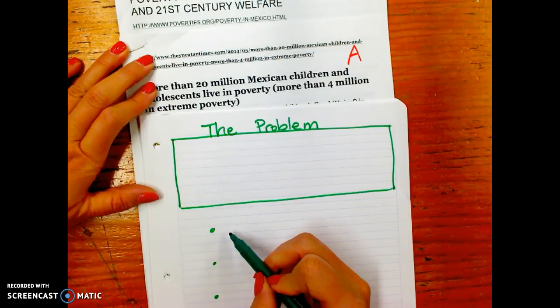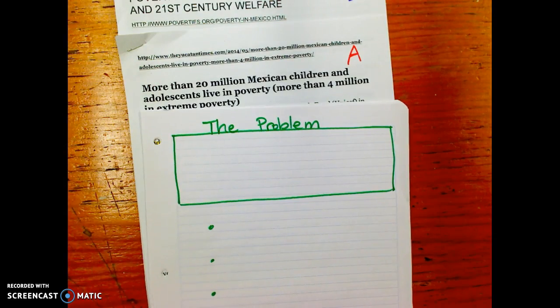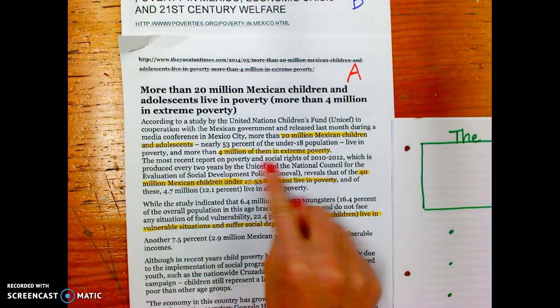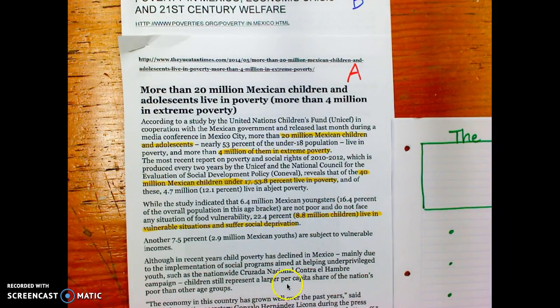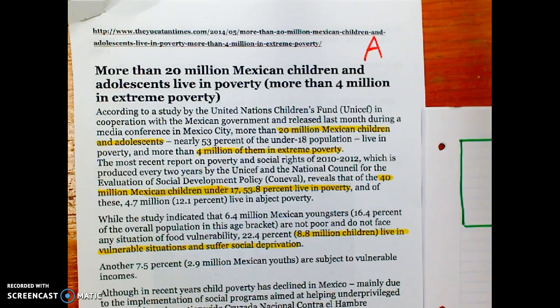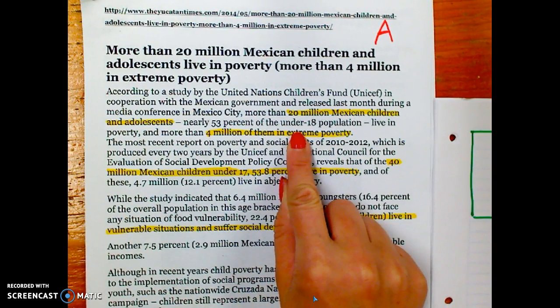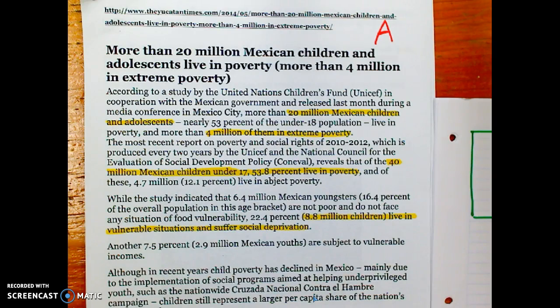include here. So one thing you'll notice is that I've already done some reading and I've already highlighted some facts that I think are important. These are numbers, okay? I can talk about the problems of poverty, but it helps to have numbers to support my findings, to really discuss what a big problem this is. So first thing I will do is write down that in the problem,